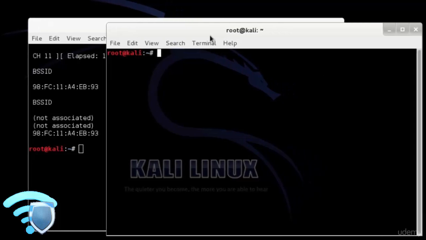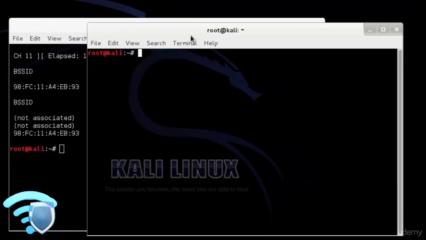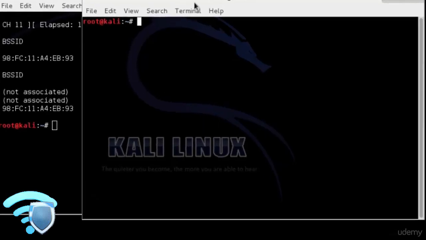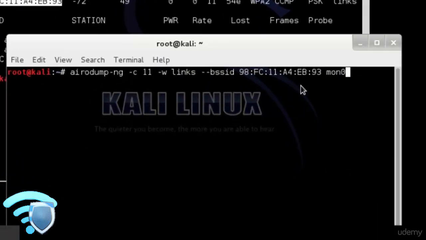Next, we want to leave the original terminal window alone and open a second terminal window. Here we are going to set up the adapter to do a data capture on the router we selected. After we do this, we will have to wait for a wireless device to connect to the router and it will do a data capture of the password. To do this, we do the following command: